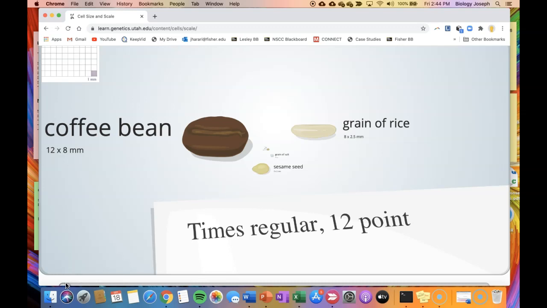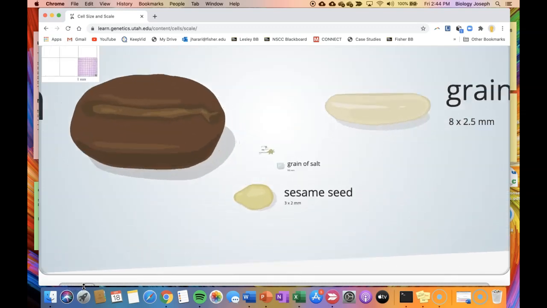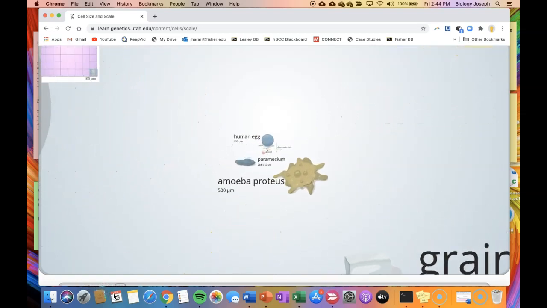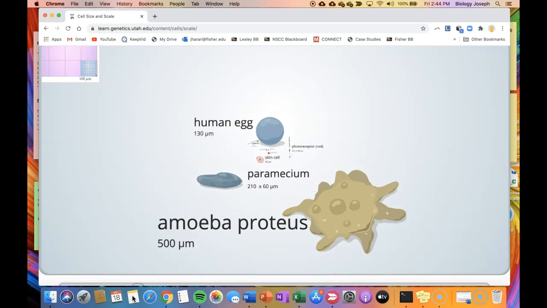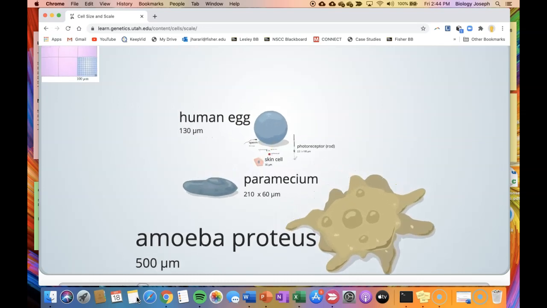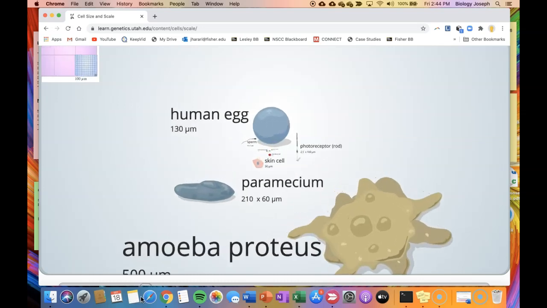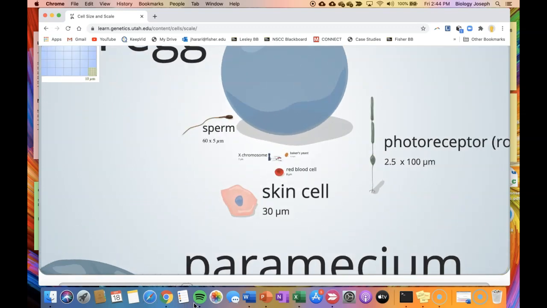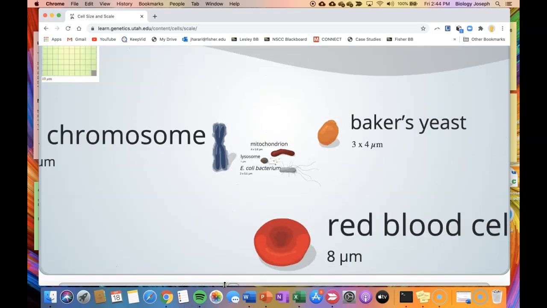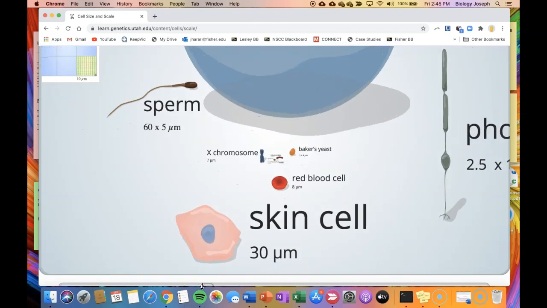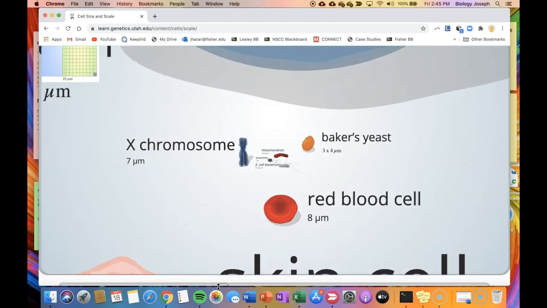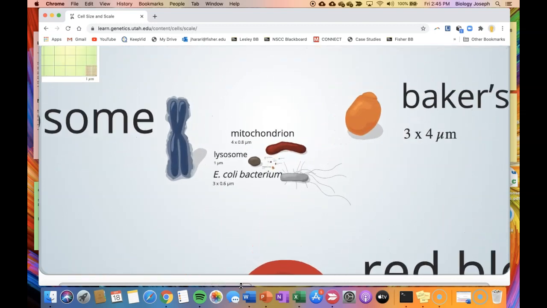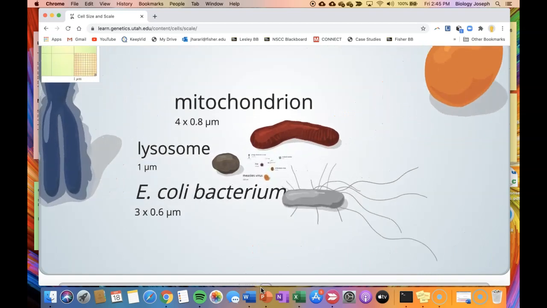So I'm going to slowly move in. This is the millimeter range. And here we have our first single cell, an amoeba, about half a millimeter. Then we see a paramecium. A human egg is rather large, and a skin cell, that's a good thing to remember, is about 30 micrometers. Then we have a red blood cell, it's about 8 micrometers, the X chromosome, a yeast cell,